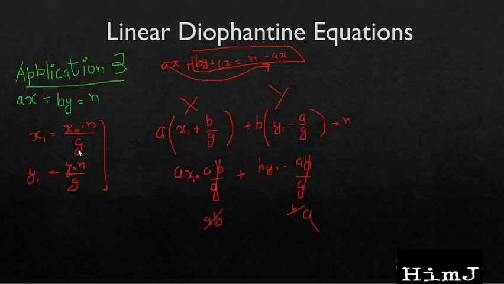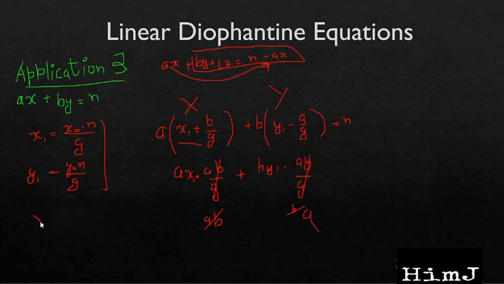Now we know x1 is an integer, as we have discussed in application number 2. So for making this value an integer, we should divide b by its divisor, and g is the greatest common divisor. So this is the maximum value we can divide by to get an integer here, and similarly we have divided a by g here. So now we have found another solution which will be something like this. Now for finding other solutions, we can simply take these steps multiple times. Basically we can write it as something like this.